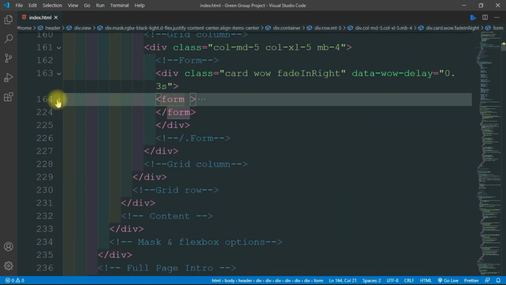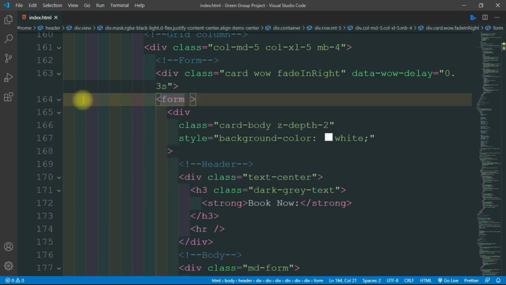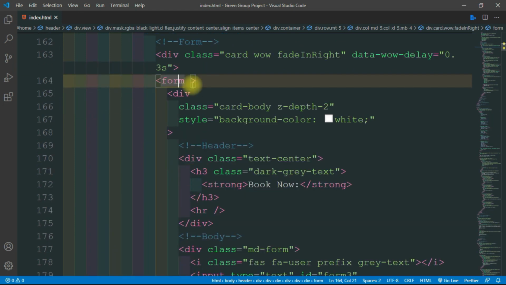So now we give a name for our form. For example, name is equal to contact form. This is the name of our contact form. So when we submit, it will give the form name of contact form. Now you need to write method is equal to post,